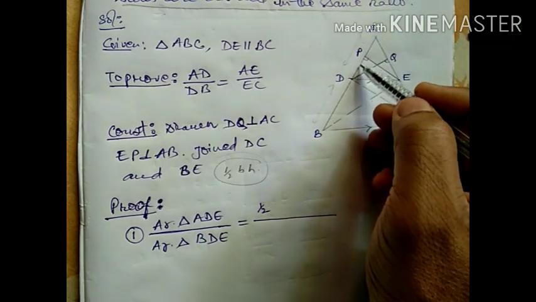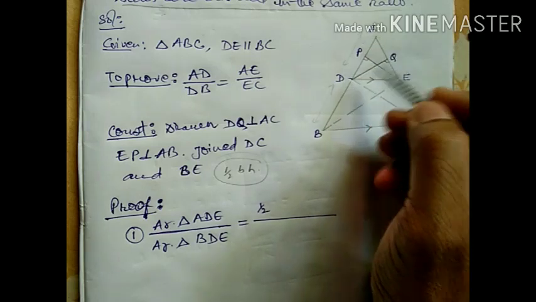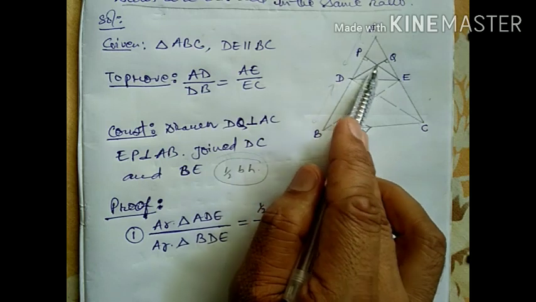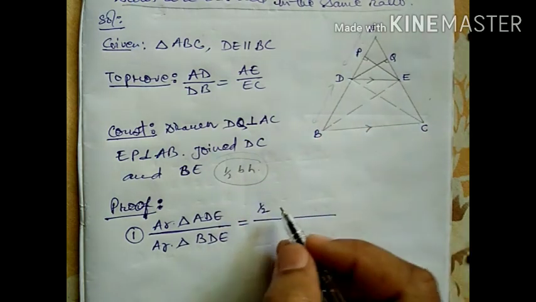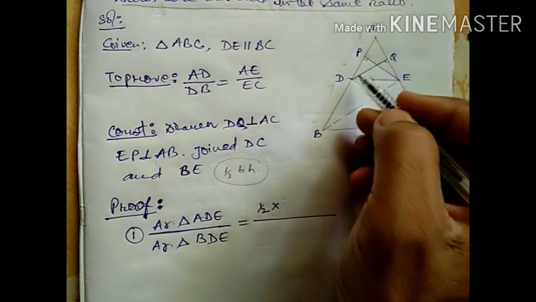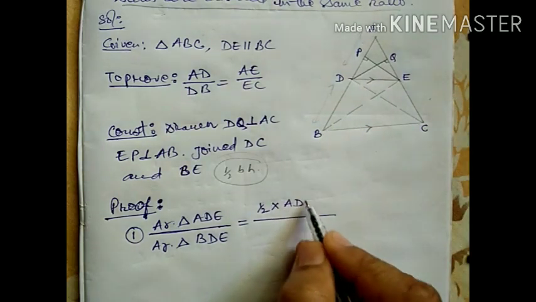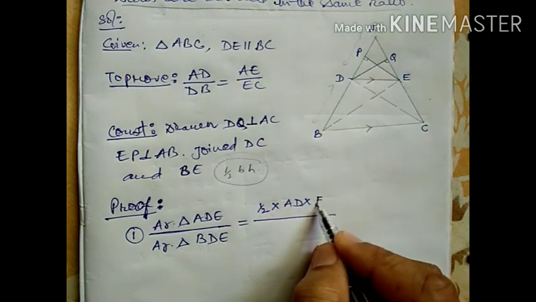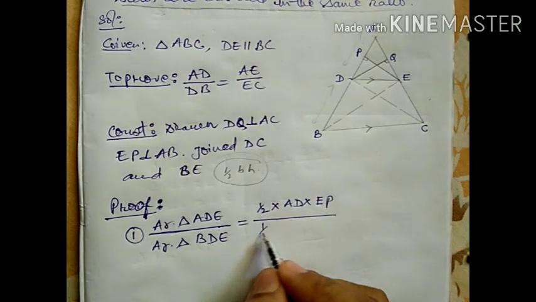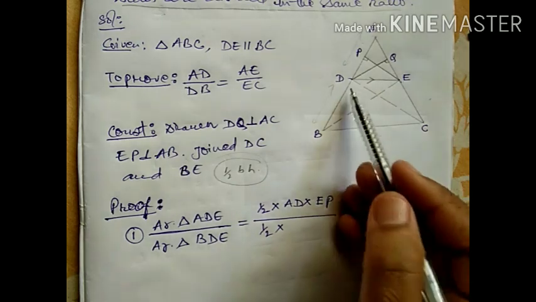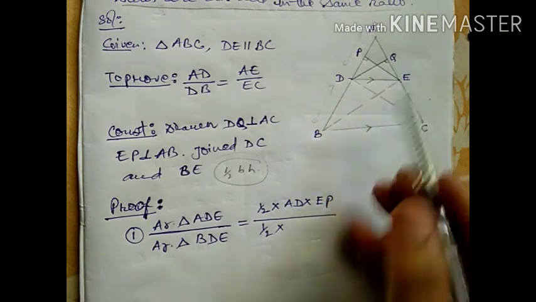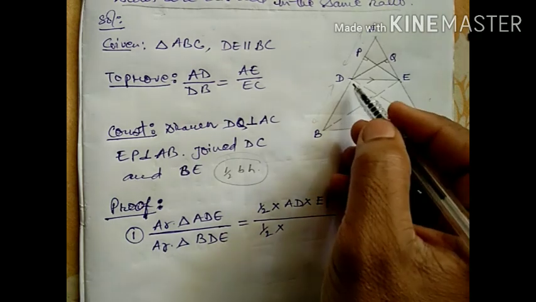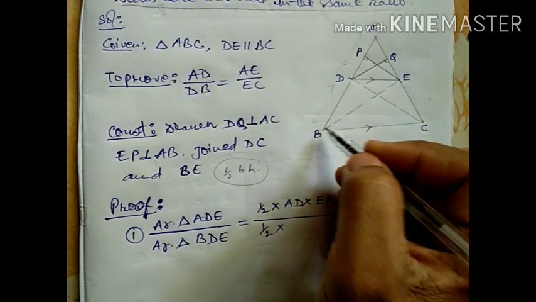is AD. If base is AD, then the height will be the line which is making 90 degree with it, that is EP. Half into base AD into the height is PE, or you can say EP, by half into, for the triangle BDE, again the formula we use is half into base into height. Half into base is DB